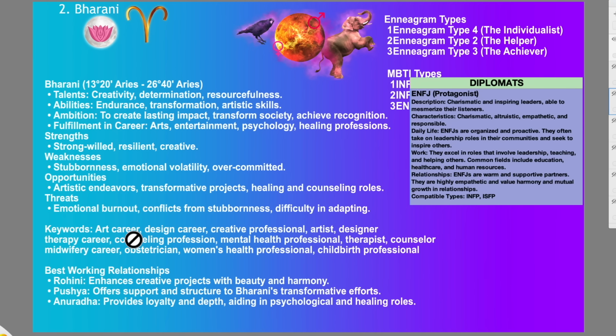So they can be teaching in art careers, they can be teaching in the mental health care professional, teachers of psychology, for example, teachers of counseling, for example, educating, right? So it can be a combination of Saturn and Mercury in Bharani, combination with ENFJ as your dominant MBTI type. These people should choose professions which are warm and supporting and teaching. I don't see much of human resources here. This is a very fiery sign. We are still in Aries. Be careful of quickly coming to judgments like that.